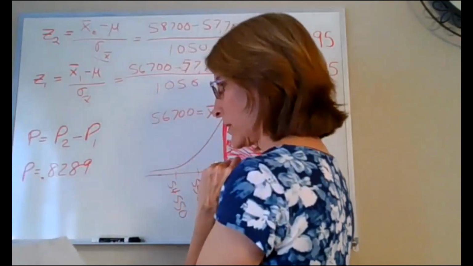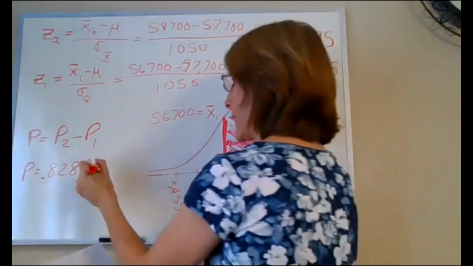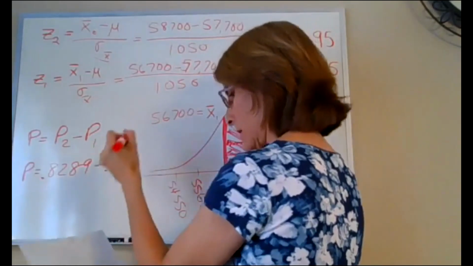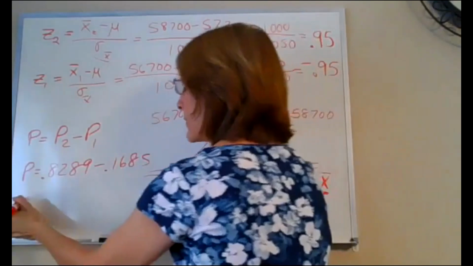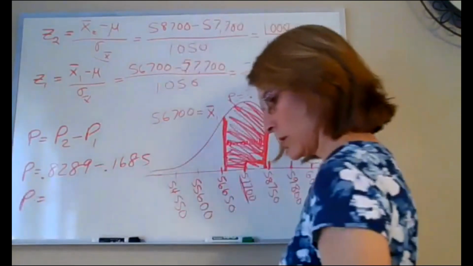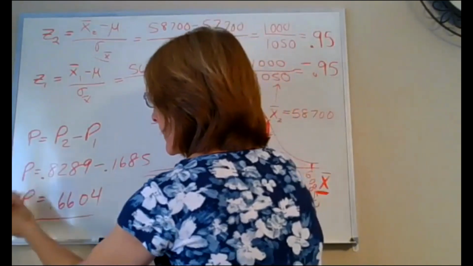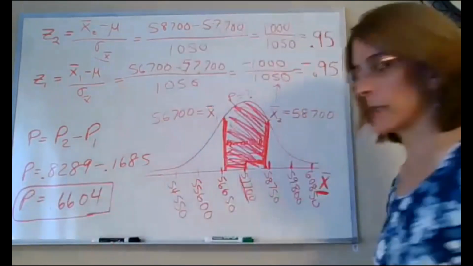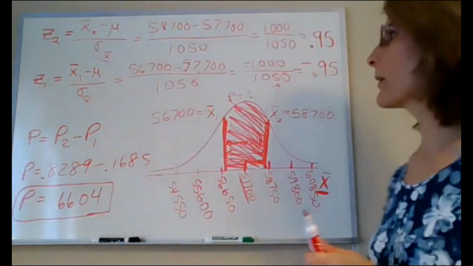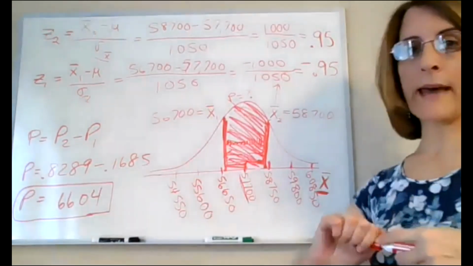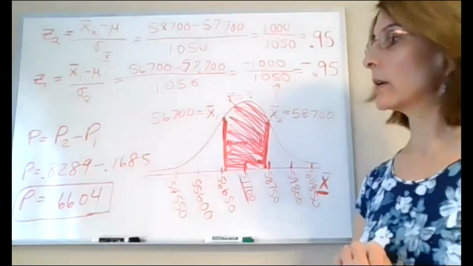And when you look up negative 0.95, we get 0.1685. And when you subtract those two, we get 0.6604. That is the probability that the sampling error will be at most 1,000 when you have a sample size